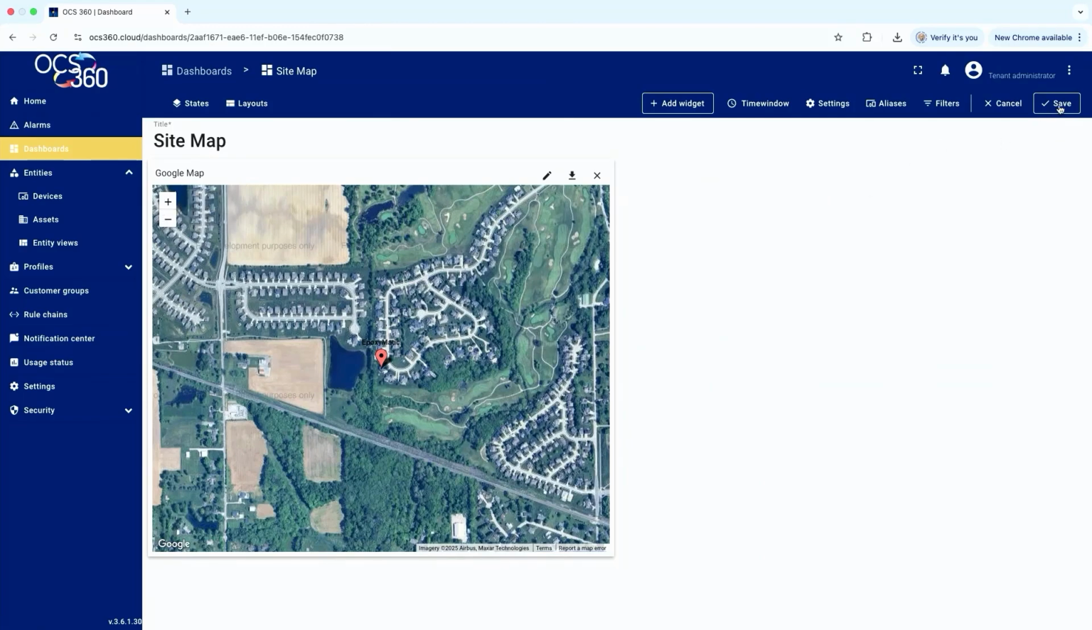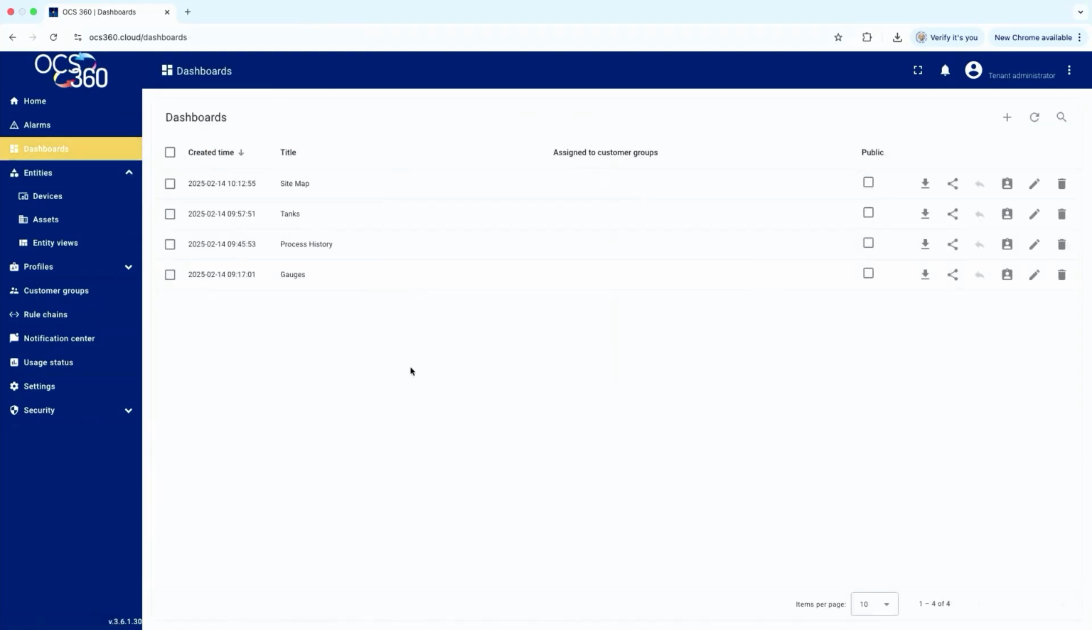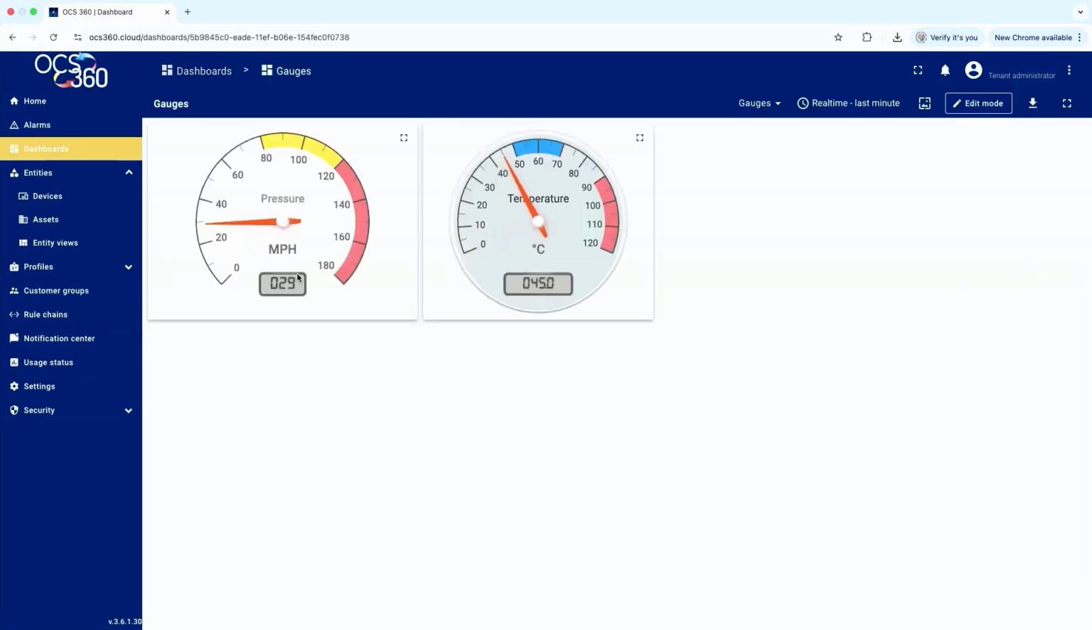The last thing we're going to look at is how to use control widgets that can send data back to the OCS for things like override, as well as set point changes and those sort of things. So let's go back to the dashboards. Instead of creating a new dashboard, this time we're going to go ahead and add these control objects to an existing dashboard. Let's do the gauges one and we are going to go into edit mode